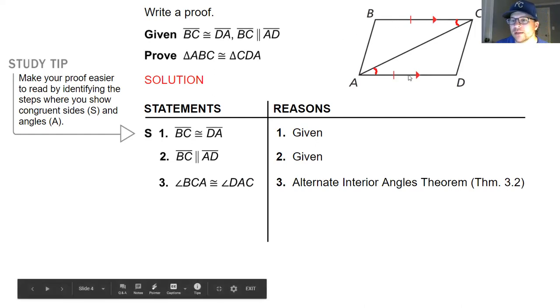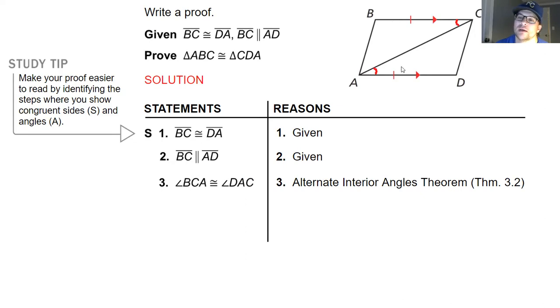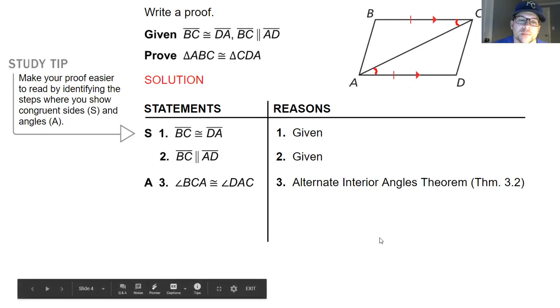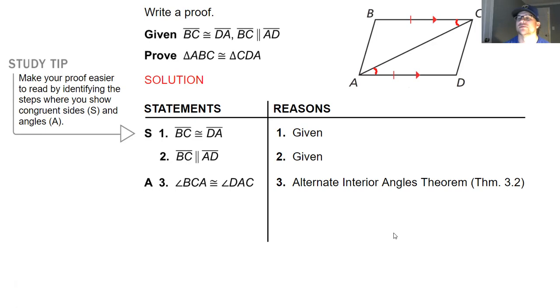Since these two are parallel, and you have this transversal that is cutting them, you know that the alternate interior angles, where they're on the opposite sides of the transversal, are congruent to each other. So we can put the letter A next to those two angles, which are congruent. And then we're next going to use the reflexive property of congruence and say that a line is congruent